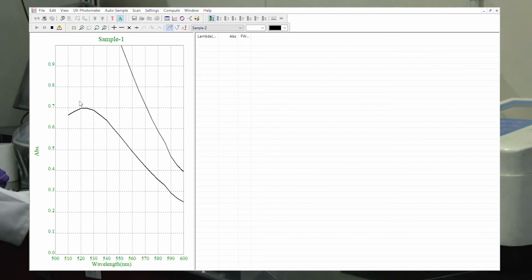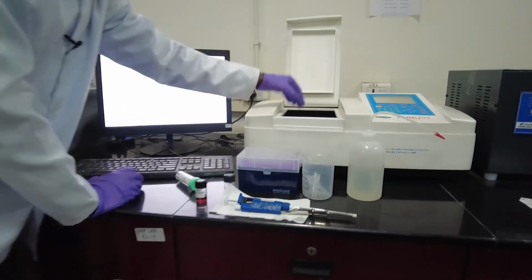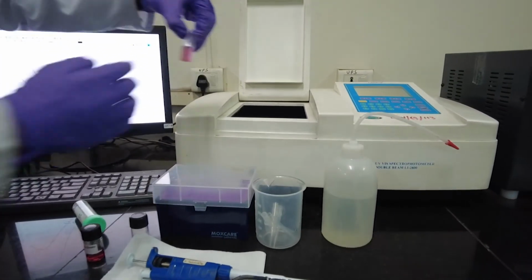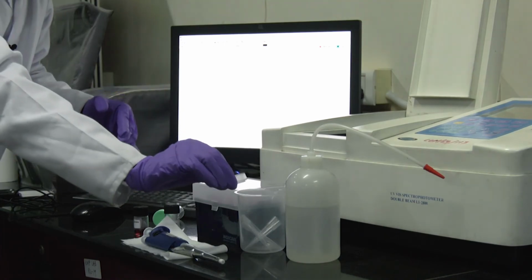Now you can see that after dilution the peak intensity has decreased and the gold nanoparticle synthesized through Turkevich method is showing a peak around 520 nanometer. Now we will take the absorbance for tannic acid capped gold nanoparticles. First we will discard the previous sample and clean the cuvette using ultra pure water.